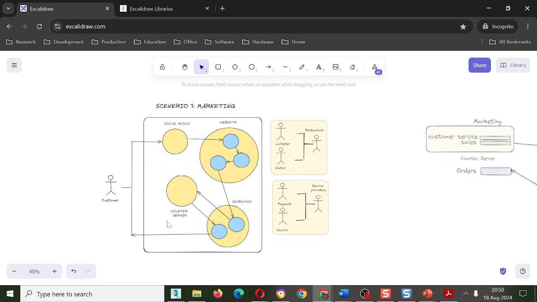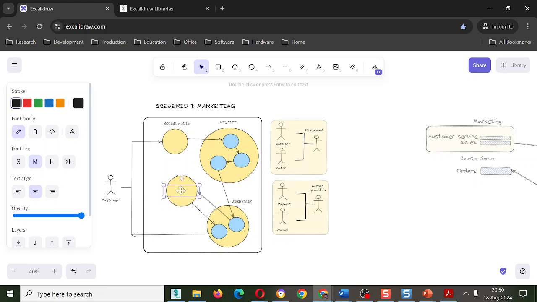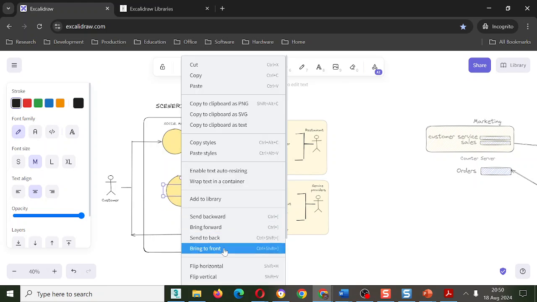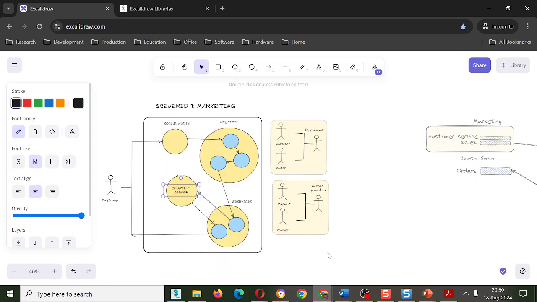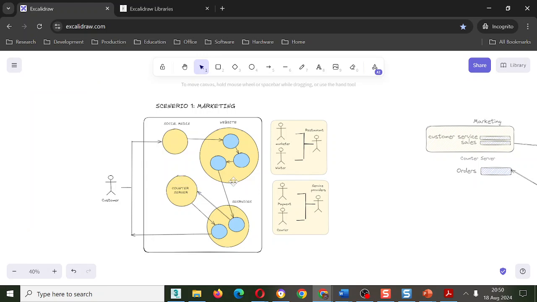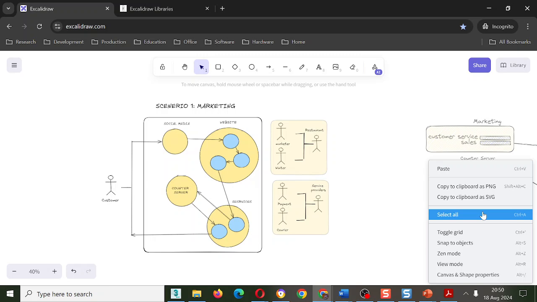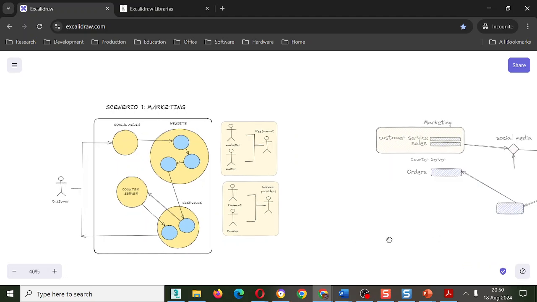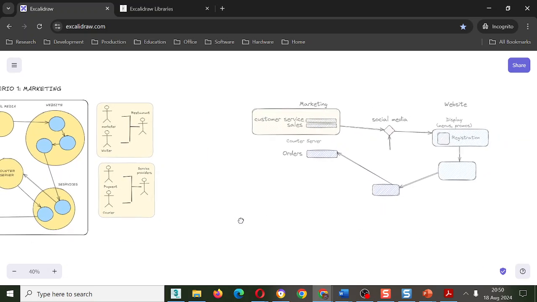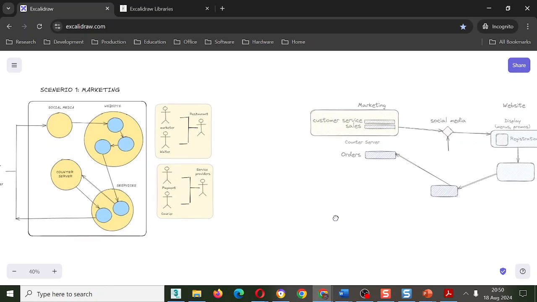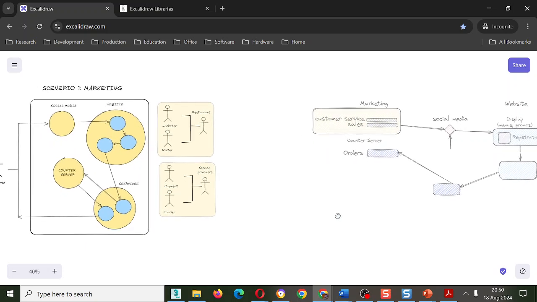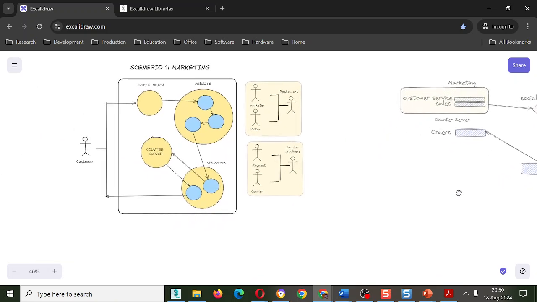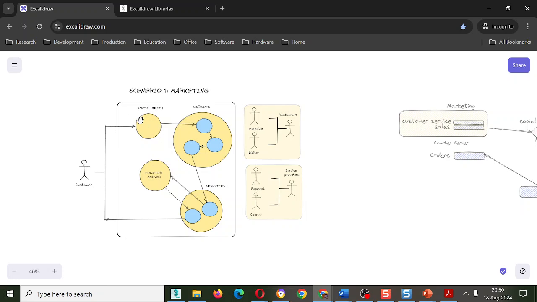All right, so this now is your scenario diagram number one. And then you label everything. So that's good. I don't know if I left out anything, but you can always check by going and seeing on this. Yeah, I got the registration. Yeah, social media is there. So that's it. I've not broken down the social media because it's all the same in some ways. So this is important.